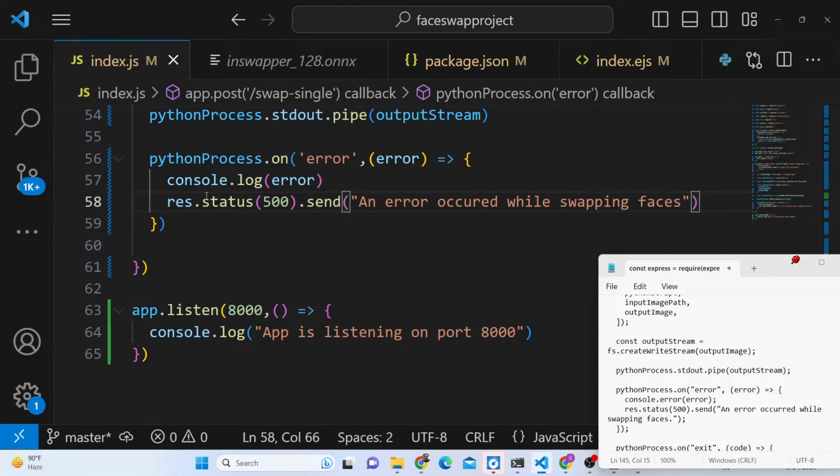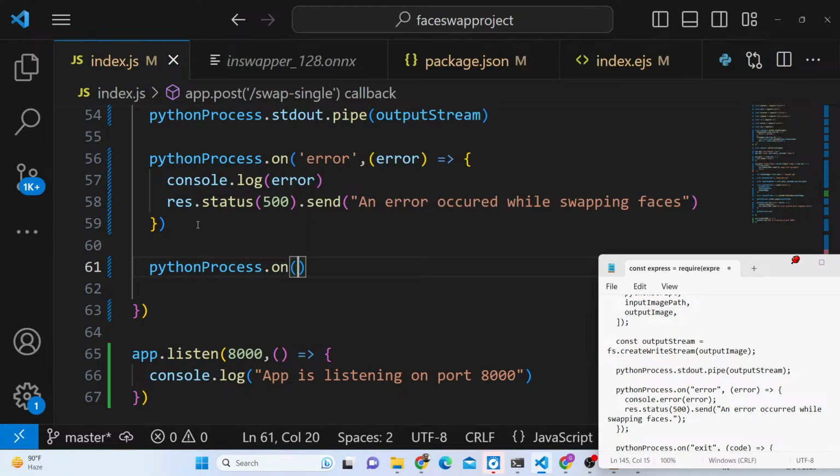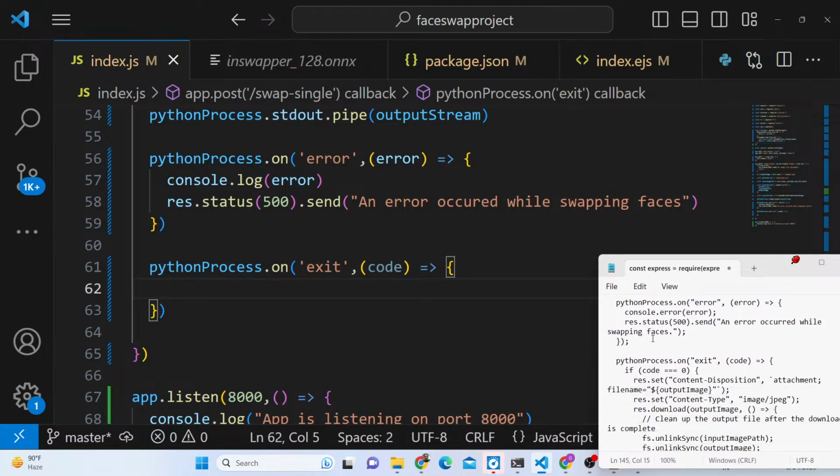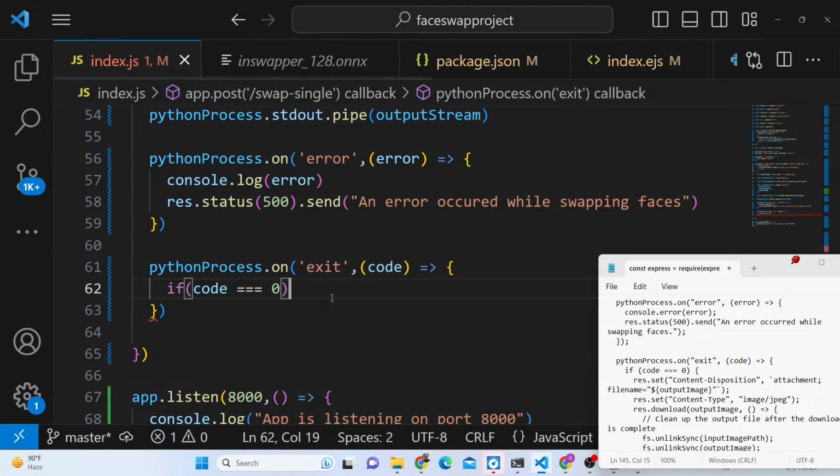That's all. If no error takes place, guys, in that case we will have the exit event taking place, and in that we will have the actual code. We will compare it: if the value of code is equal to 0,